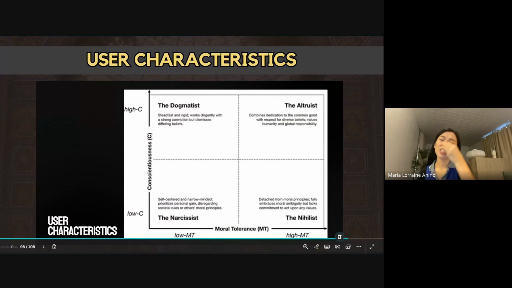Okay? You cannot just be there and impose what you believe is true, what you believe is right. You cannot control the reactions of other people, but you can control how you share things, how you say things, how you share information, how you react to situations. Okay? So think of your own social media habits right now. Which quadrant do you think you lean towards? And what steps can you take to move closer to being an altruist?